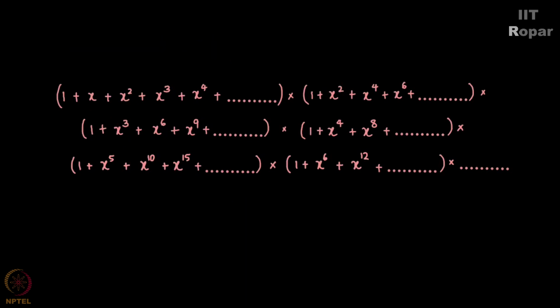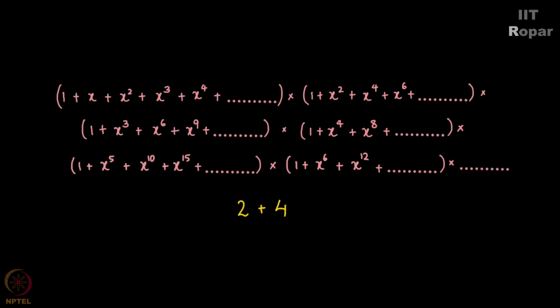Now, how will I get x to the 6 if I consider the partition 1 plus 5? 1 corresponds to picking an x from the first house. We have only 1, 1, and 1, 5 represents picking an x to the 5 from the fifth house, right? There is only 1, 5, and hence it is x to the 5. Now, what does 6 represent? It is directly picking x to the 6 from the sixth house, right? 6 is equal to 6. We have only 1, 6, and hence it is equivalent to picking x to the 6 from the sixth house.